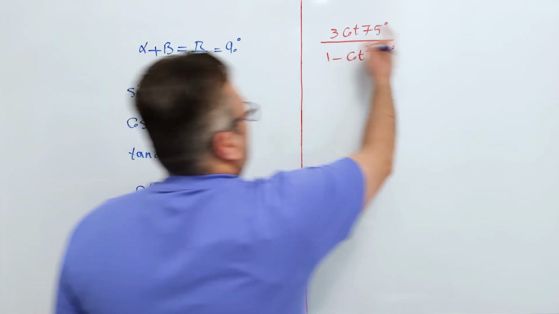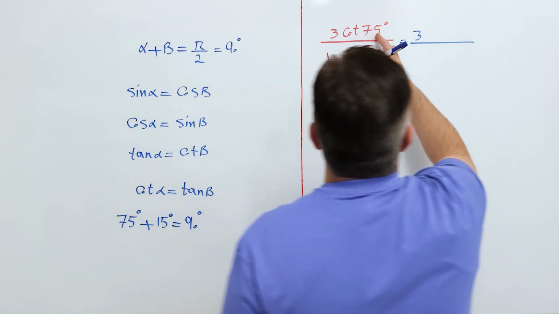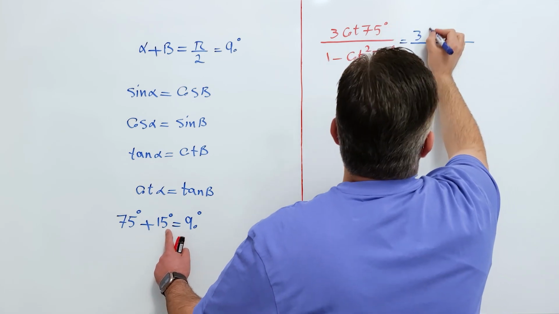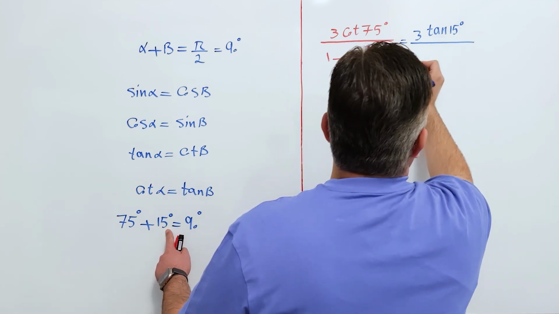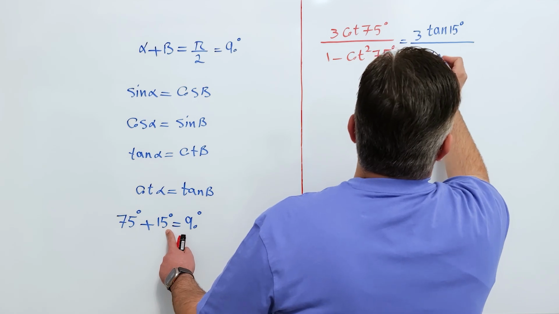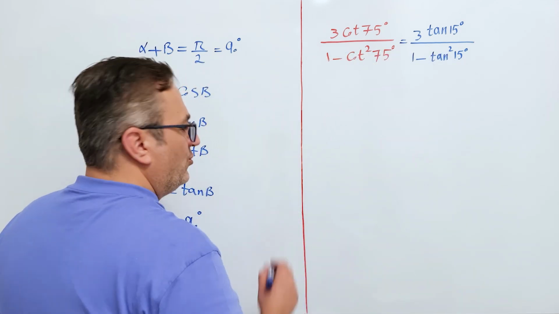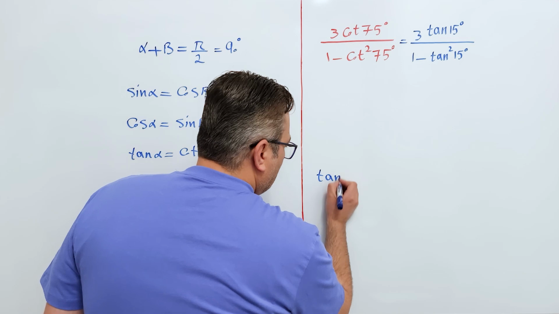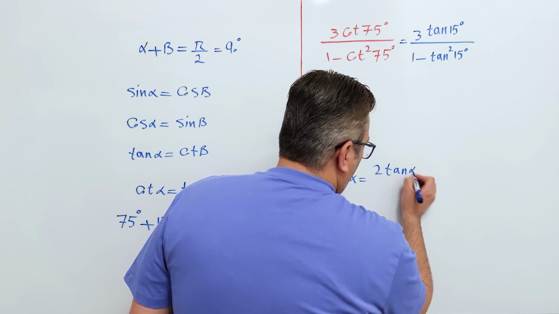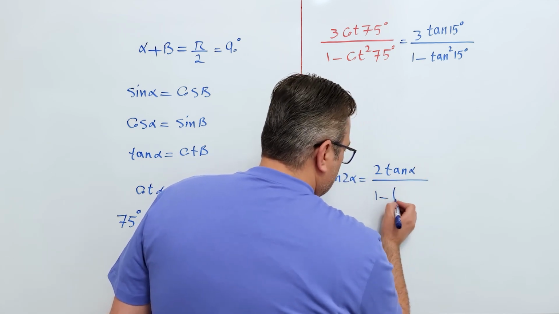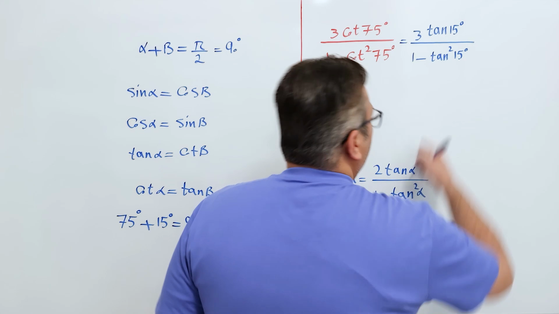Okay, so cotangent of 75 degrees is equal to tangent of 15 degrees, so 3 times cotangent of 75 degrees divided by 1 minus cotangent squared 75 degrees is equal to 3 times tangent of 15 degrees divided by 1 minus tangent squared 15 degrees. Okay? So do you remember this formula? Tangent 2 alpha is equal to 2 tangent of alpha divided by 1 minus tangent squared alpha. Okay? So if alpha is equal to